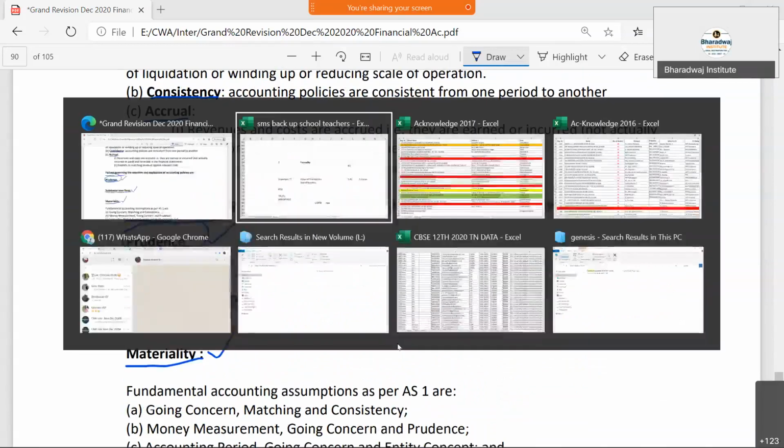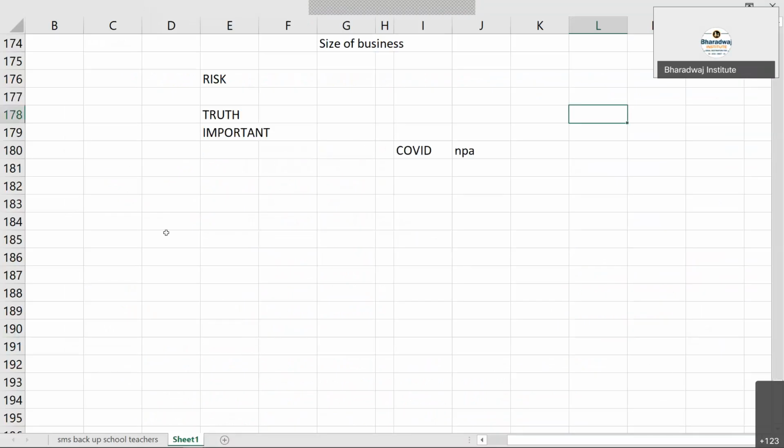One thing which is not covered in the material, which you are going to take up as a note: change in accounting policy. Is it permitted? When change in accounting policy is permitted, they may ask you. There are 3 circumstances in which you can change the accounting policy. Change in law, change in statute,